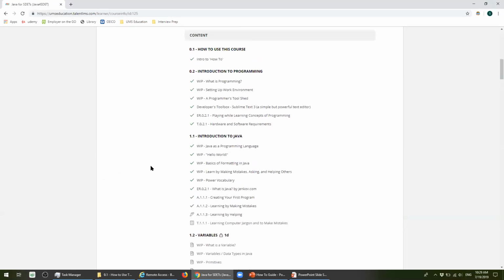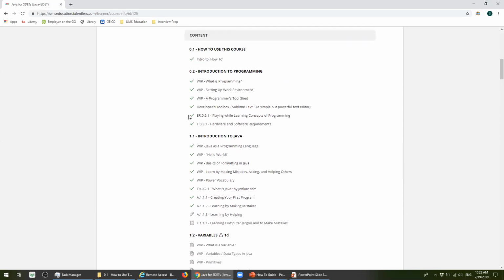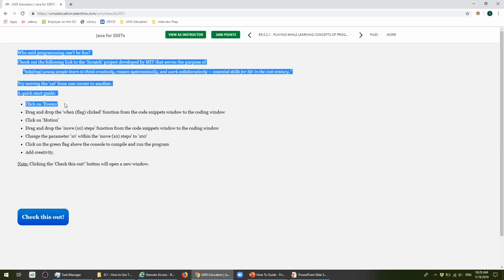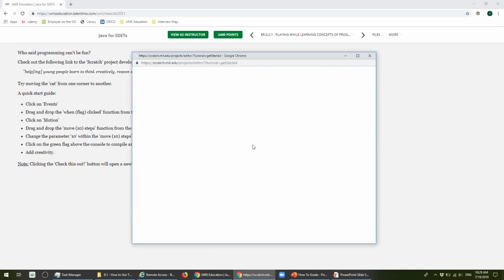To respect copyright, we will have these external resources marked as ER, external resources, and within each content that will take you to an external resource, we will have a short information on what this resource is about, who the owners are, etc. And then within these contents for the resource, we will have links that will take you directly to the resource